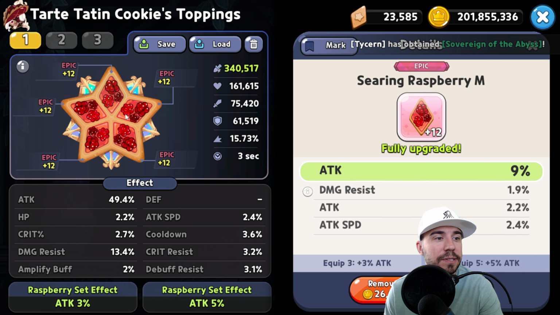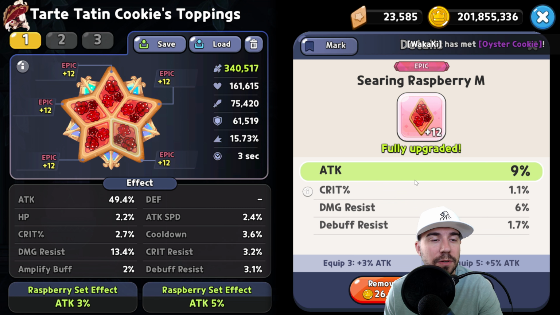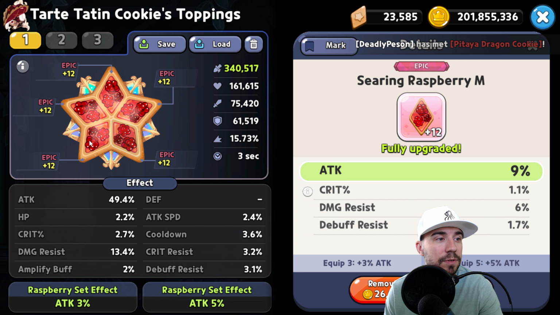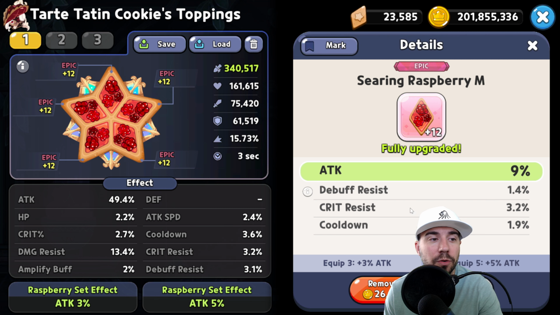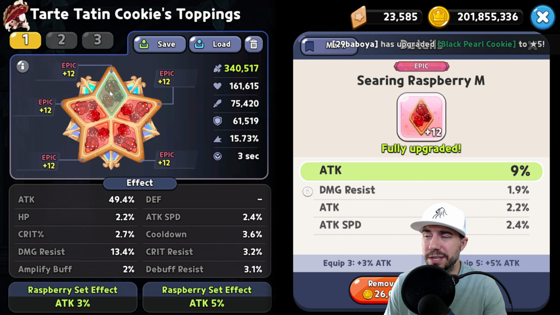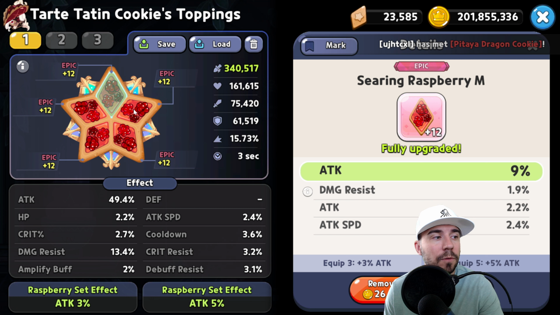I got damage resistance, I got attack speed, attack, cooldown, HP, crit resist or crit percent, damage resist at 6%, huge there, debuff resist, another debuff resist, crit resist, cooldown at almost 2%, crit percent, amplify buff, and then also another damage resistance there at 5.5. So this is a pretty strong set that I was able to get for this particular cookie,